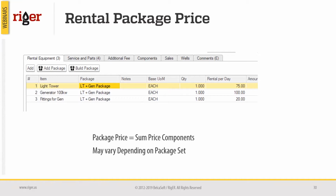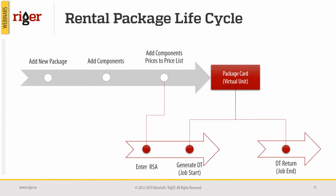However, packages can be preset based on the existing rental service agreement. And it's easy to add packages to the rental service agreement. You just add packages and it fills out all the rental equipment and the service and parts based on the information from the package. So in terms of package,